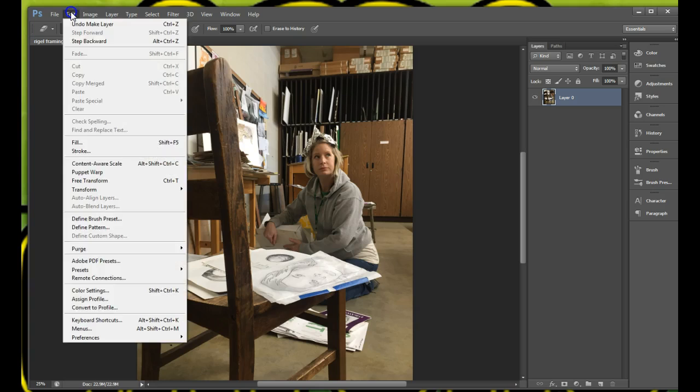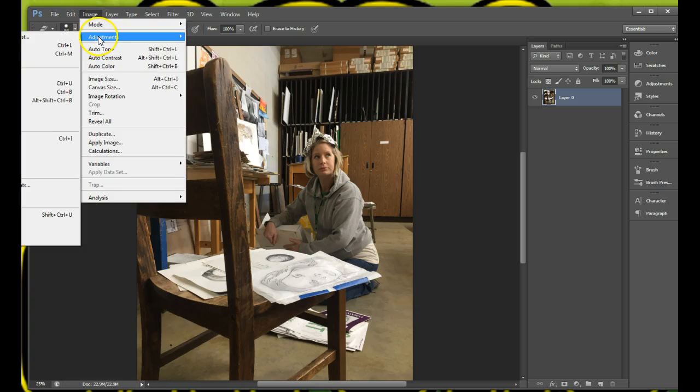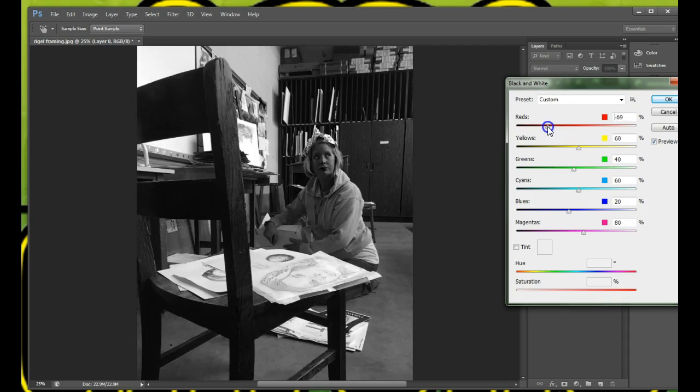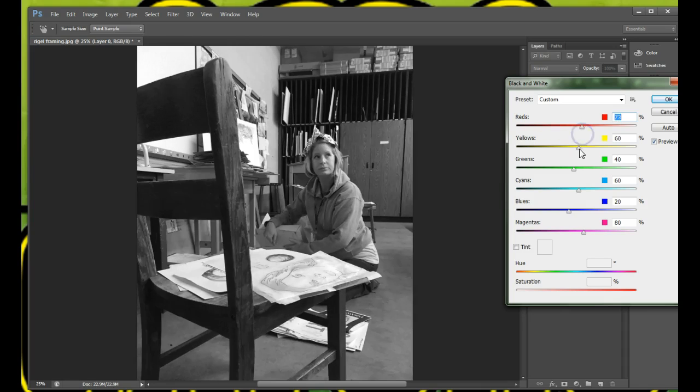I'm going to unlock the layer first, make sure it's unlocked, and then go to Image, Adjustments, and there's the possibility to make this a black and white photo very easily with the black and white options here. Being able to customize how colors turn into black and white is available for you in these slidey bars. And then once I have it the way that I want it, I'm going to hit OK,